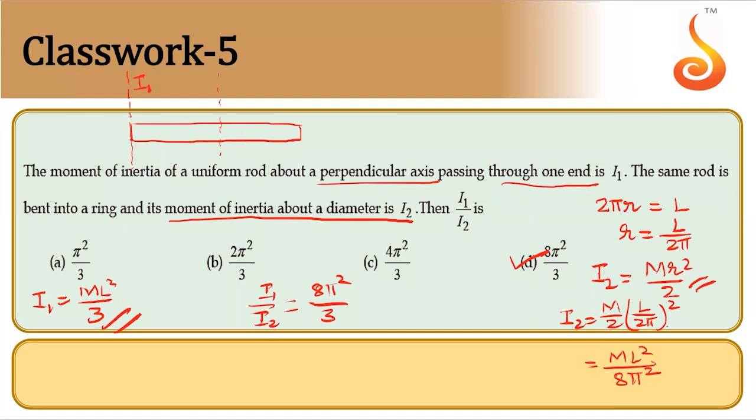Why do you complicate things? Already they have given that the thickness is equal. So the more the volume, the more the mass, because both are the same material and the density is the same. So the more the area, the more the mass. That's all. Try to eliminate the number of variables, don't increase them.